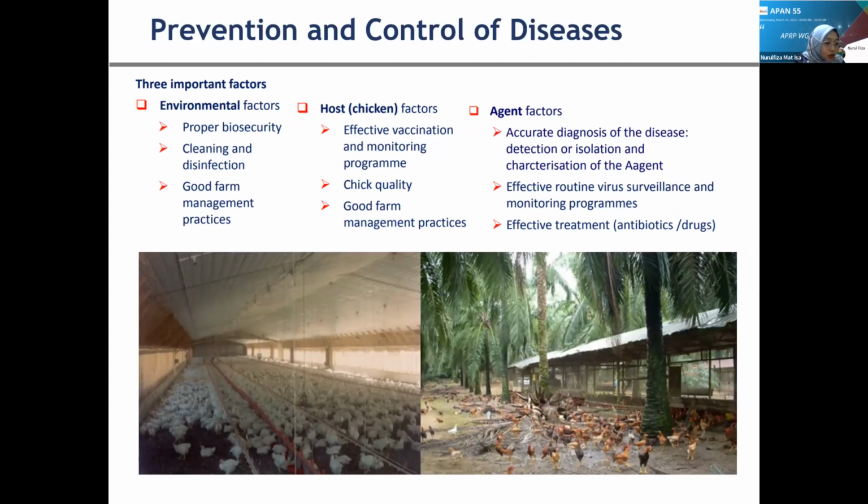First, we focus on the environmental factors, which involve a proper